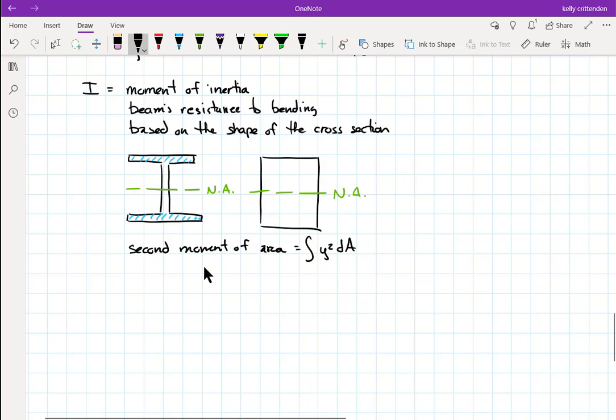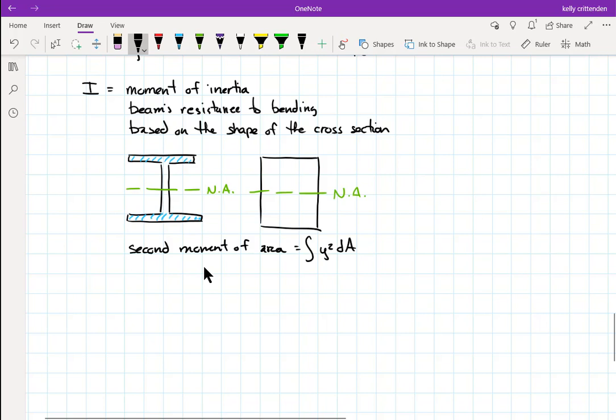And we're not going to ever need to integrate them. There are charts, similar to the centroid charts, that are going to give us these moments of inertia, second moment of area, whatever they might be labeled. But that's where we're going to deal with those. Also, there are a lot of standard beams like I-beams and T-beams and C-beams and right angle beams and all this kind of stuff